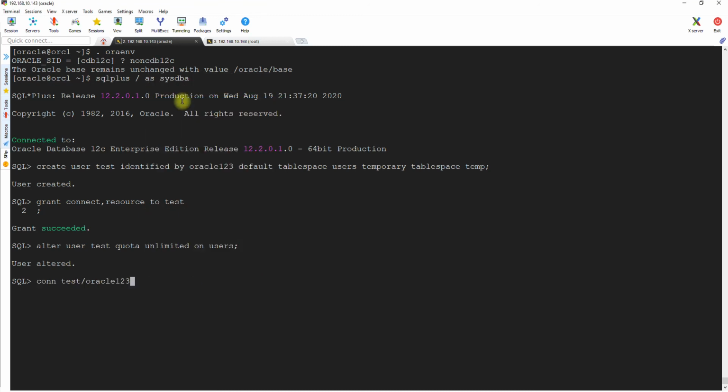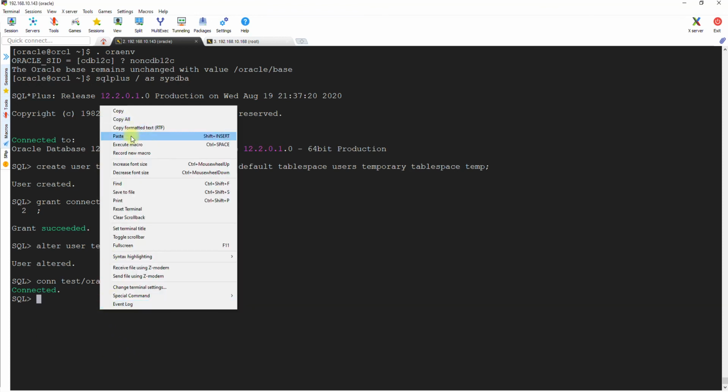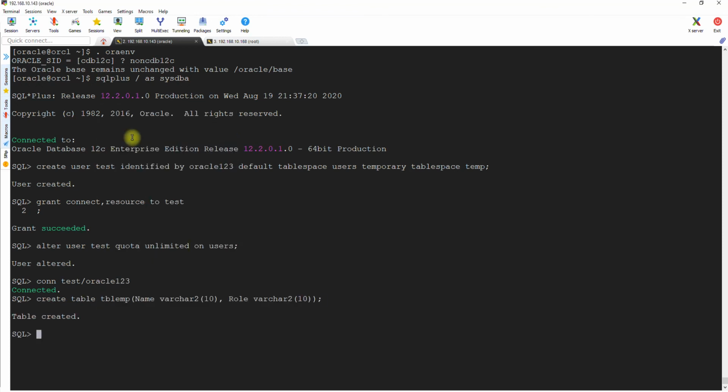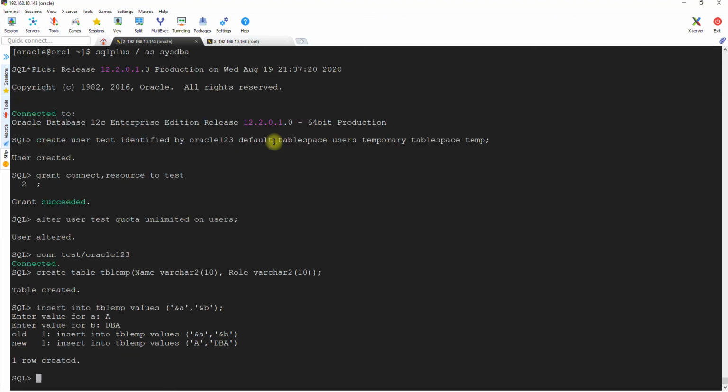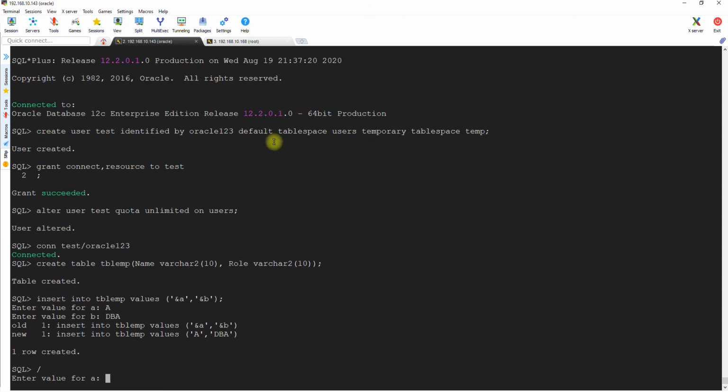Let's connect. It's connected. I'm creating table employee and inserting some records. We will be inserting 3 or 4 values, whatever it is. So let's say employee A, DBA, run it again.